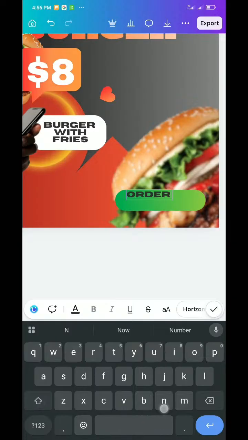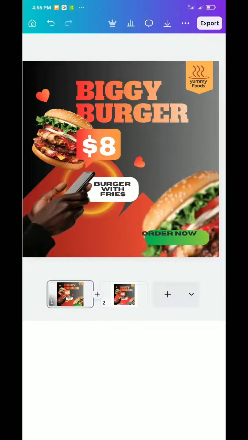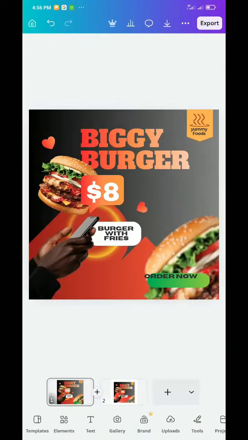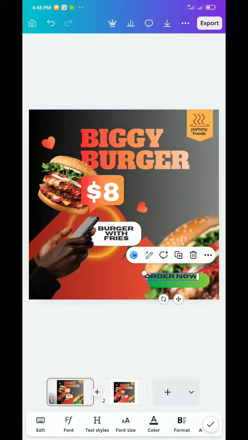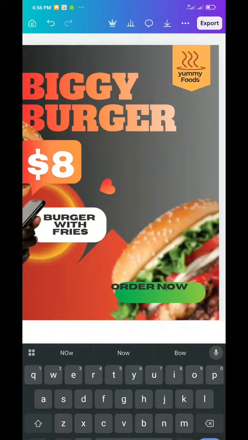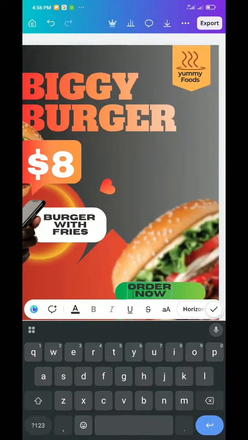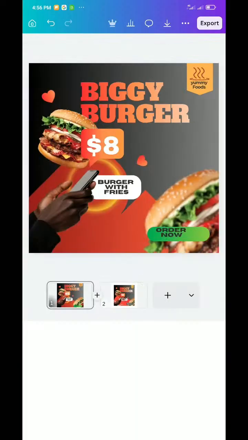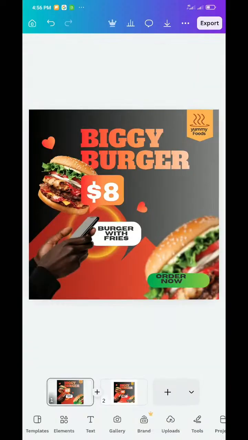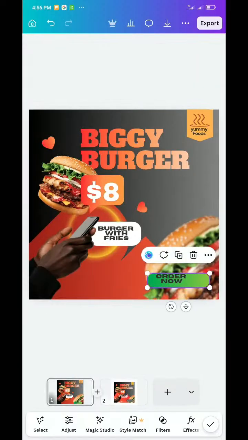Order. Or better still, we can just make the order now like this. Then, like in the previous design, maybe we should just,